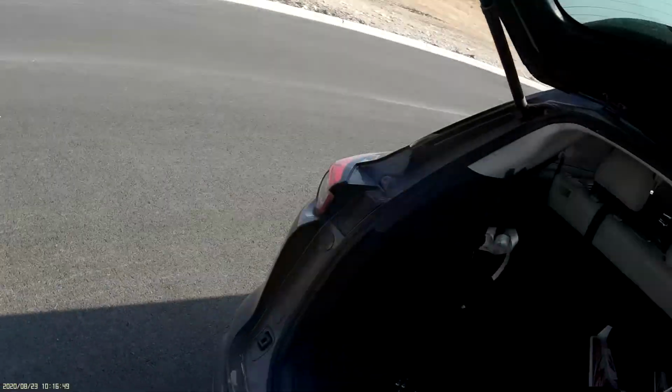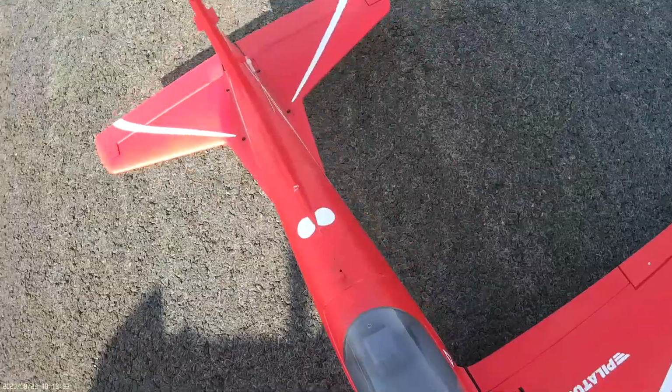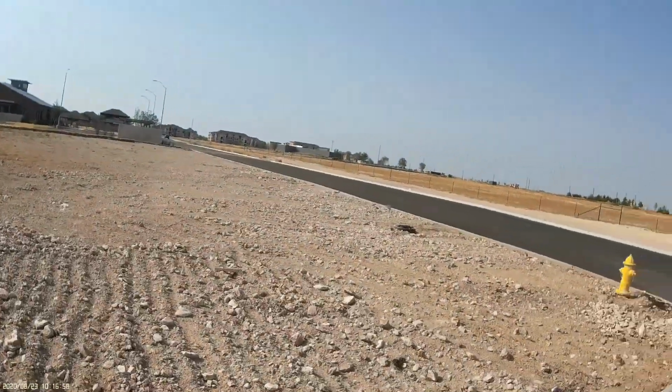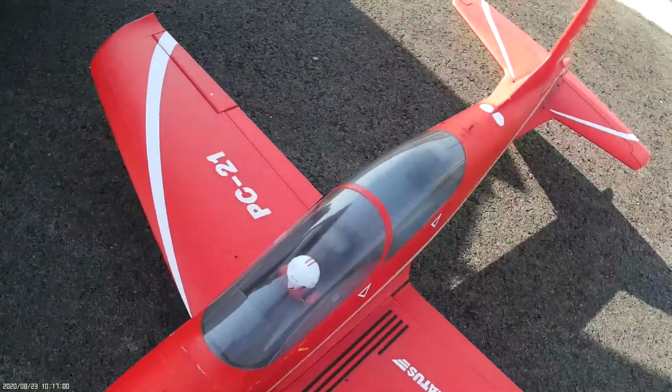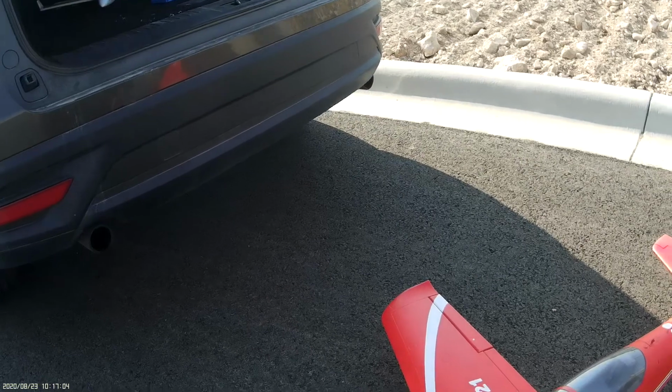Flights 3 and 4 for the day on the PC21. I try to mark my planes so I can keep track of how many flights they have, and I haven't done a good job on this one. It's only got 1 mark. I know I've flown this at least